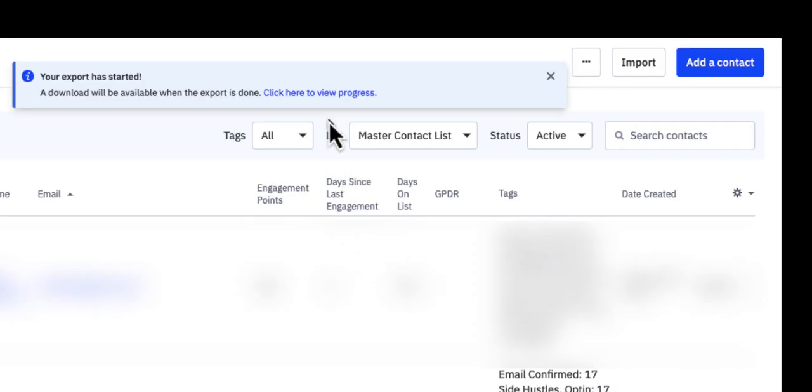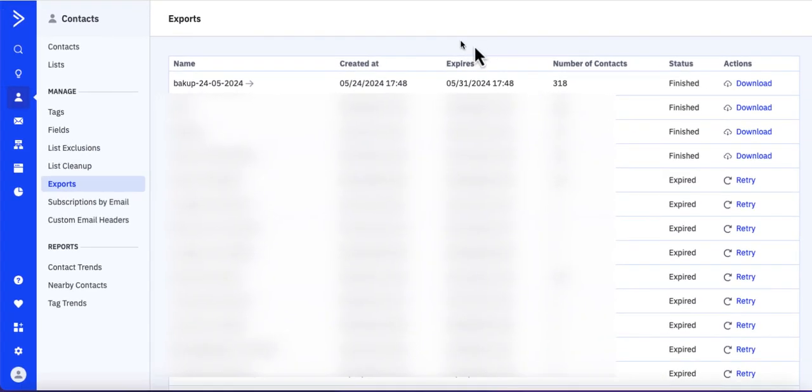A quick way we can get to that is to click here on the click to view progress option. It'll take us directly to the export section, and you can see there's an